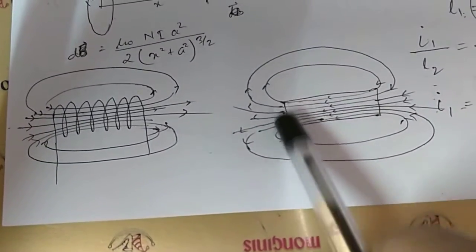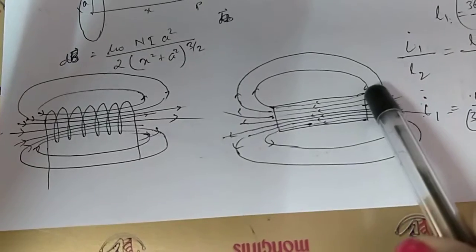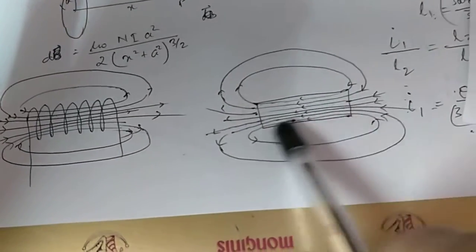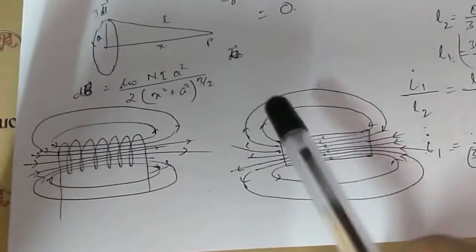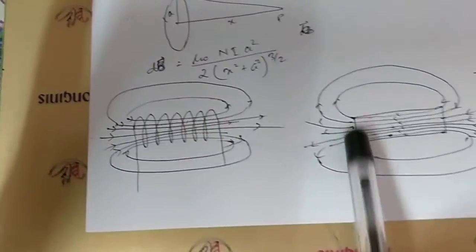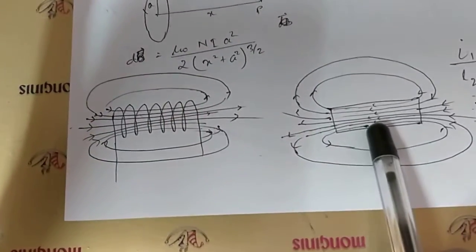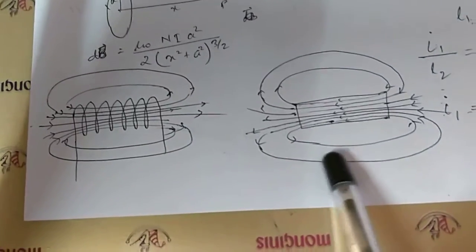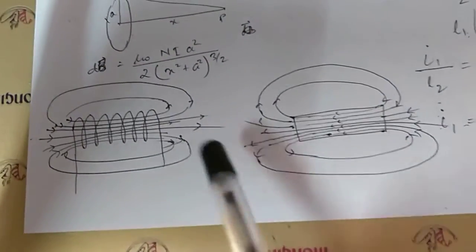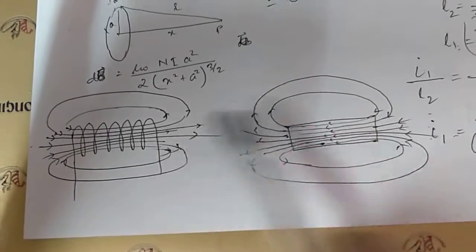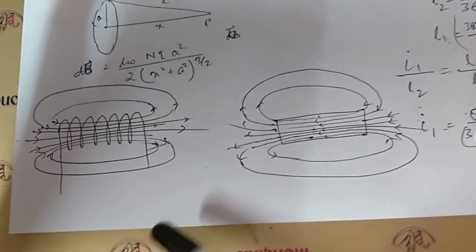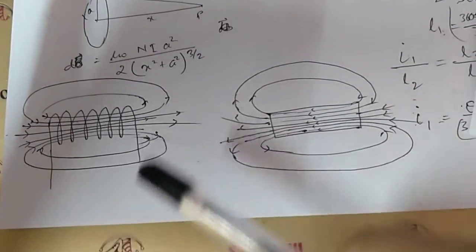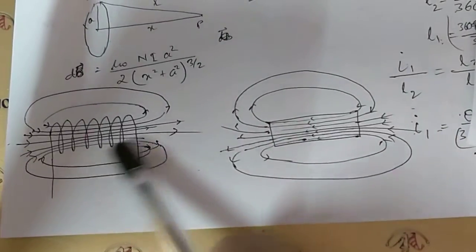And the magnetic field outside it is coming out of the north pole. Here it is entering, and inside it is from south to north. So it's a closed loop like this. But if you see a solenoid, it is very similar to that of a bar magnet. So the resemblance of the magnetic field lines for a bar magnet may be thought of, you can just see the similarity, as a large number of circulating currents, in analogy with a solenoid.